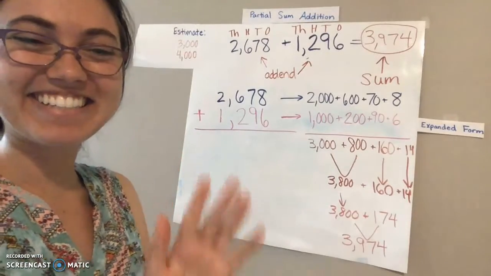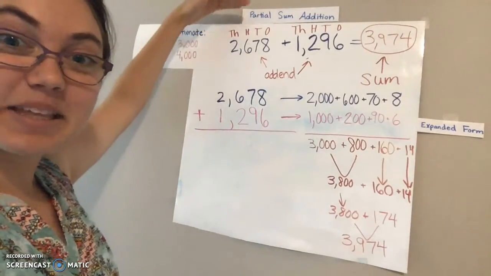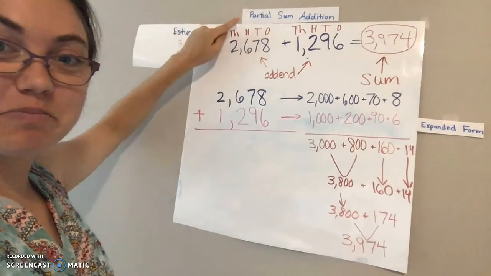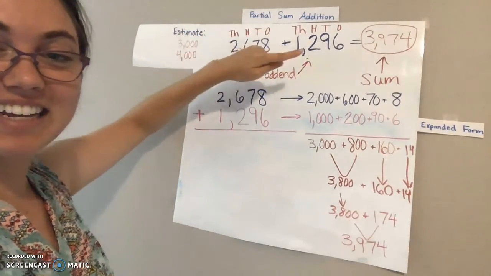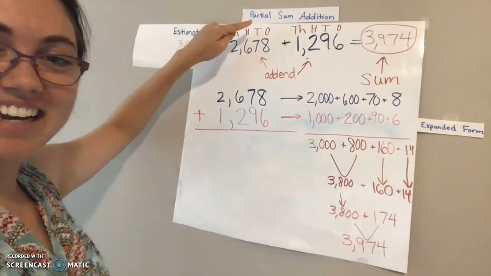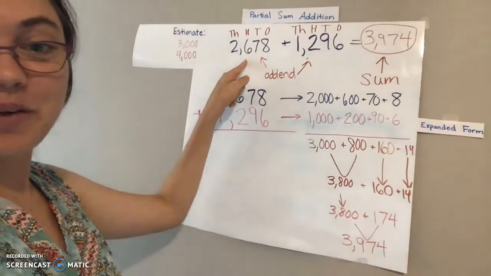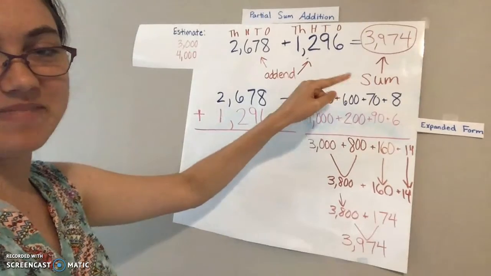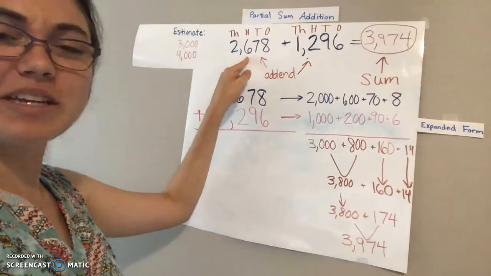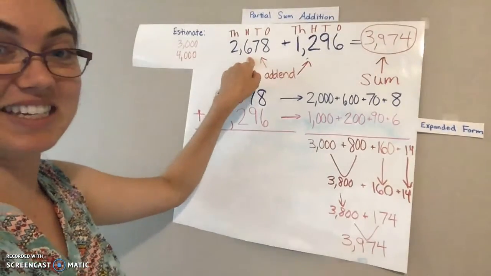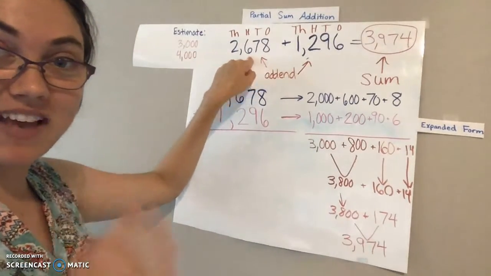Hi, third graders. Great job using the partial sum addition strategy to break our two addends into parts to make them easier to add. We knew that we needed to add these two numbers together to find the sum. So we looked at place value and we said, all right, these are huge numbers. Let's break them down by their place value